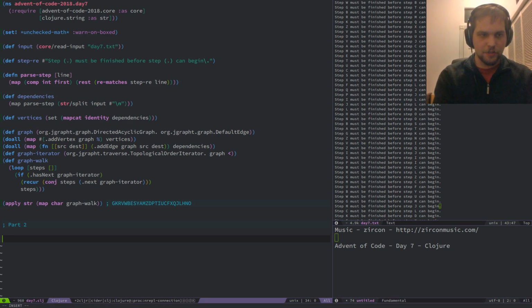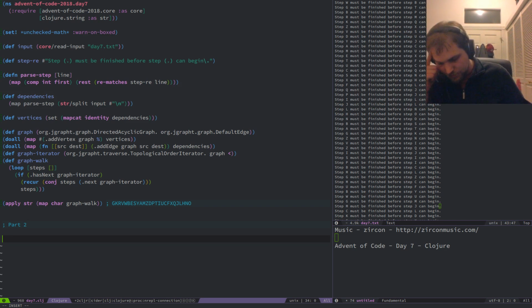Okay, I might have to actually... This wrinkle means I probably have to implement it myself now. So, all that work getting JGraphT in here might be no help at all now. Okay, let me go ahead and...